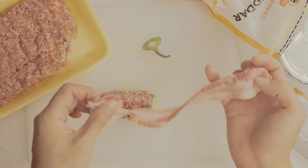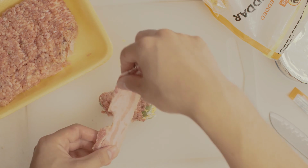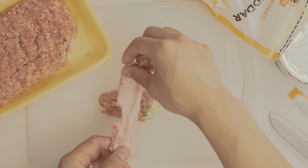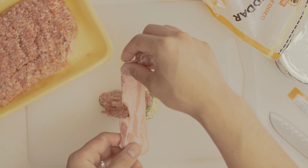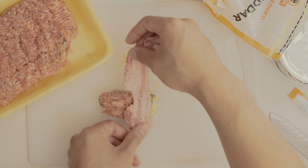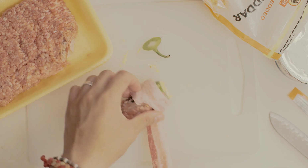For all my Jewish and Muslim brothers and sisters out there, this is not kosher, this is not halal. I apologize. Maybe there is. You could actually probably make a kosher halal version with like turkey sausage and turkey bacon, but it just wouldn't be as good. Anyway, we're gonna take this bacon and now we're gonna wrap it